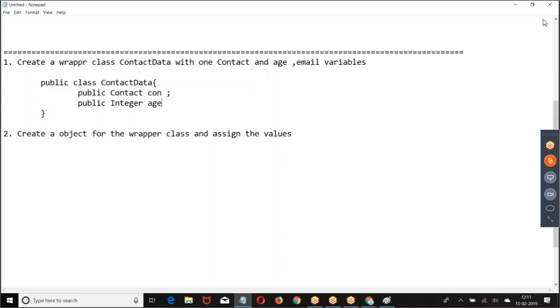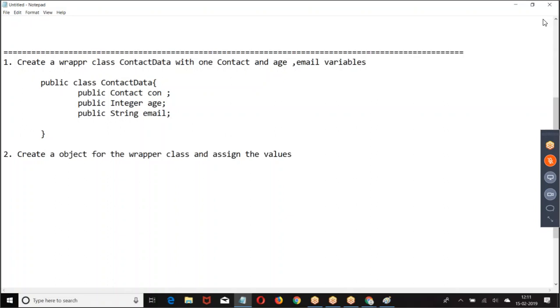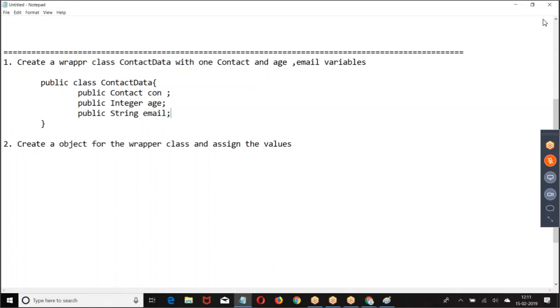Public teacher age. Public string email. This is how I have created. Now create an object for it.